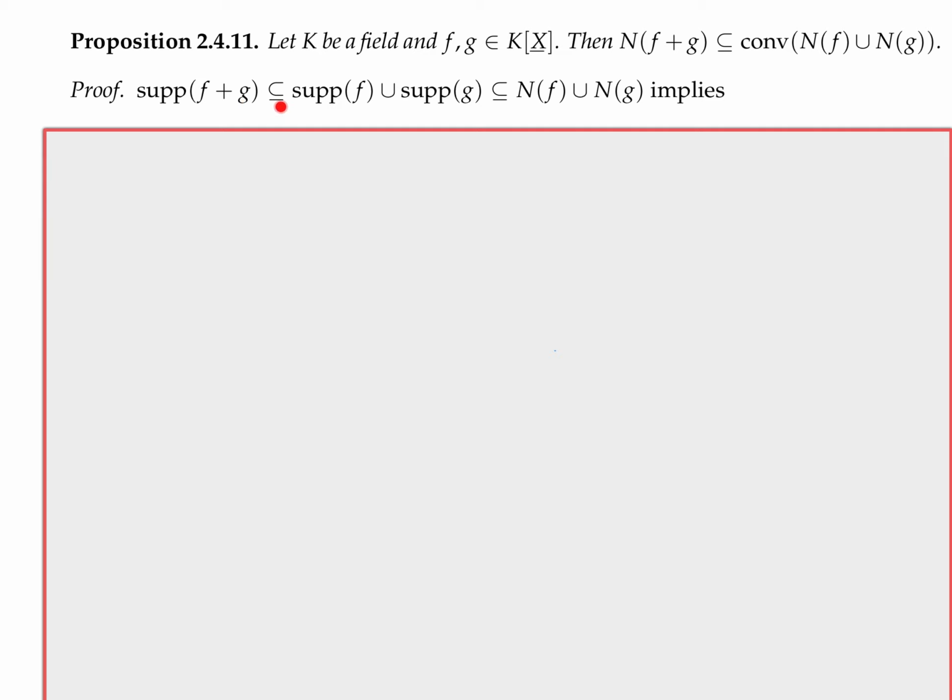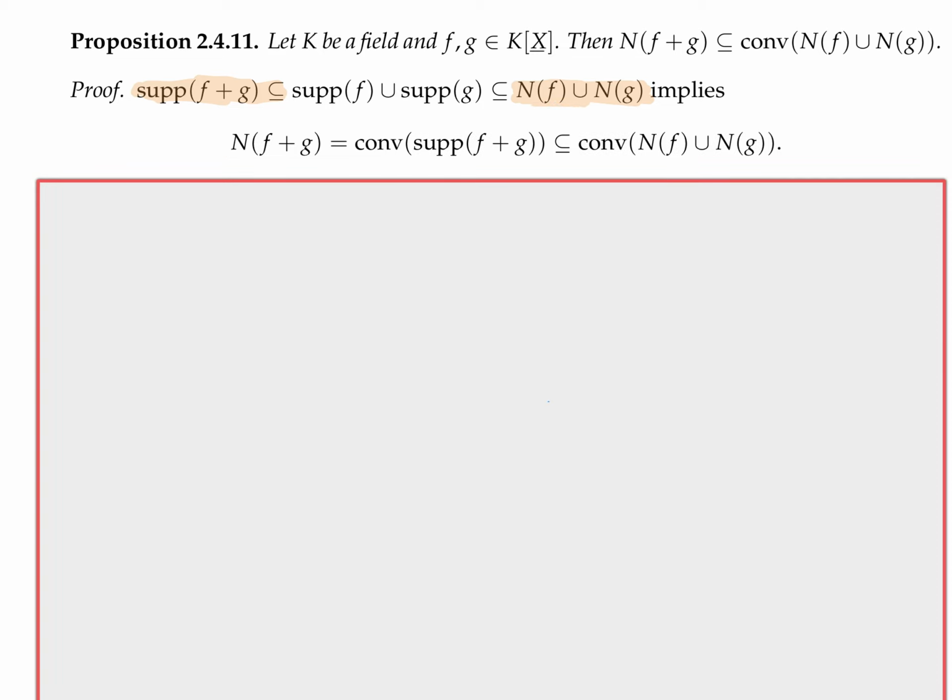But you have this inclusion at least. And this is of course contained in the Newton polytope of f union the Newton polytope of g. Now I have here an inclusion of sets, and of course, if I apply the convex hull on both sides of this inclusion, the inclusion still holds,